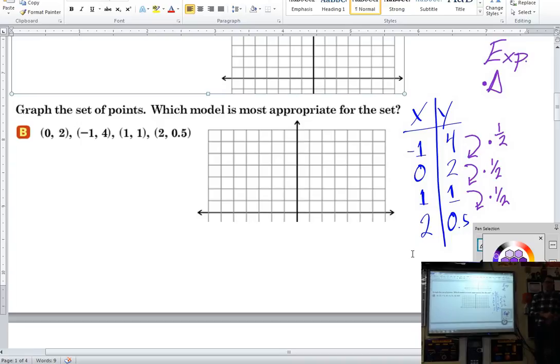Easy way to do this also is you can change which direction you're working. So if I go up, I can see that I'm doubling, which is pretty easy to see. Sometimes the ratio in fraction form is a little hard to see, so you might want to go up the bigger values, and sometimes that's easier. So if I plot these, we'll see that it behaves like an exponential. I have 0, 2, negative 1, 4, 1, 1, 2 and a half, and if I keep plotting this,